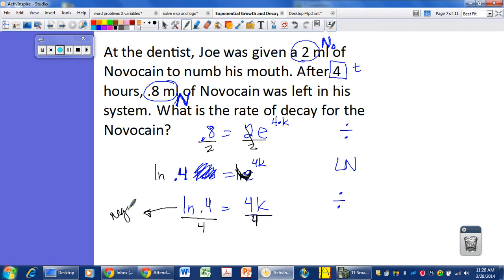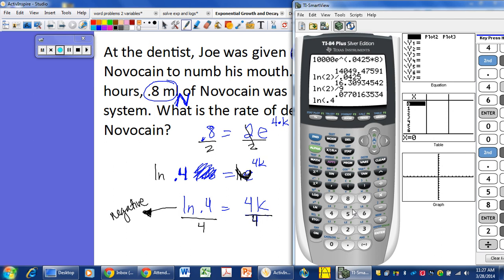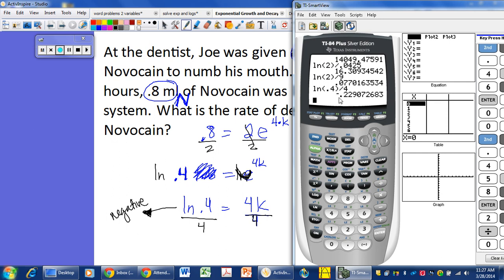And what we'll figure out is that this value, the natural log of this decimal, is going to give you the negative. Because the natural log of decimals is always going to be negative. They are below the y-axis, so they're negative values. So let's see, the natural log of 0.4, close parentheses, divided by 4, negative